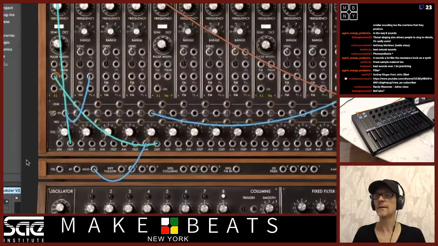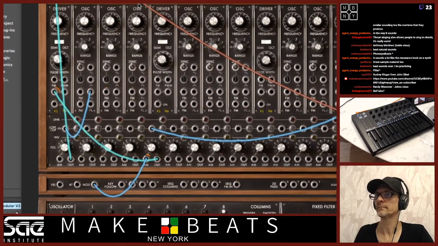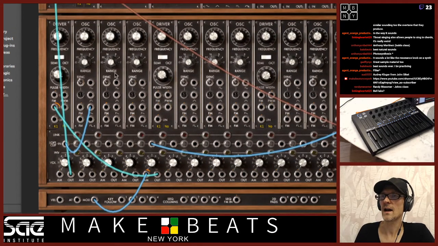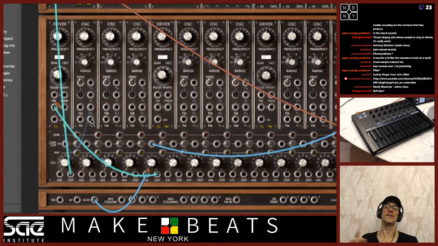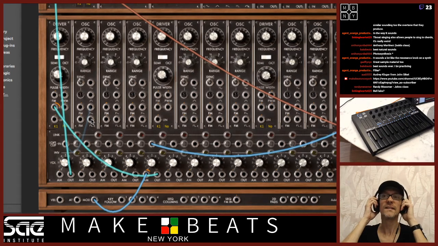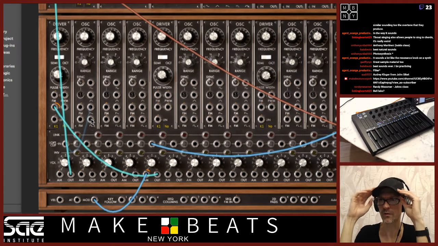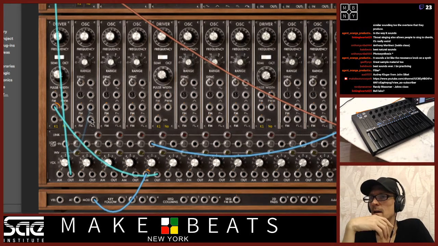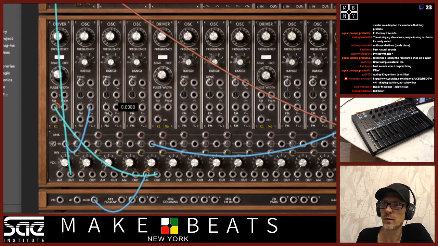Okay. So this oscillator has several different outputs on it. You've got a sine wave, a triangle wave, a sawtooth wave, and a square wave. Eventually you'll be doing this enough that you'll recognize these symbols and it won't be any problem to figure out what's going on. What we've got here is this sine wave.